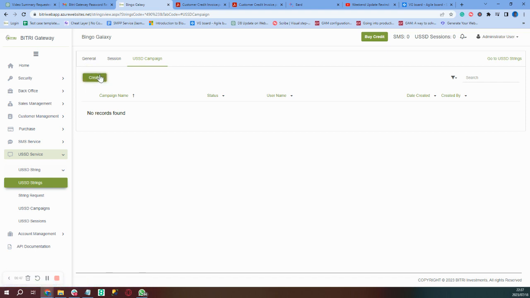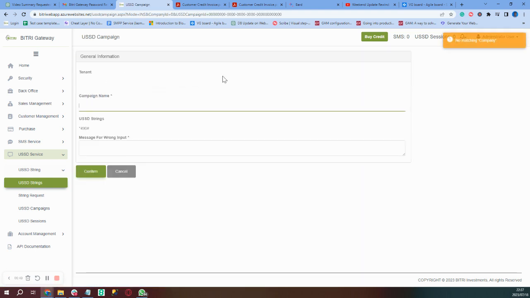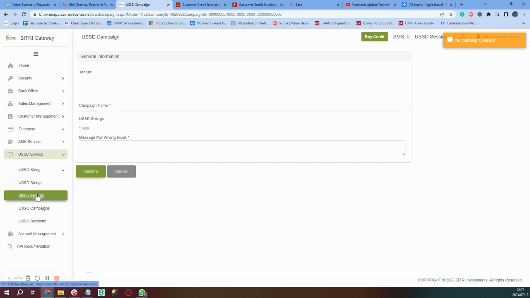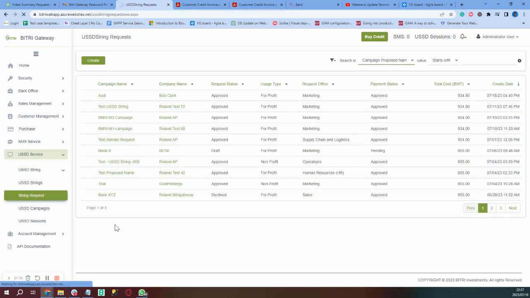And as I mentioned, when you come here, it will say no matching company because you need to be a company to be able to create these things. And you can go and check the string request the same way you are able to check the masking request. You're able to navigate through the string request, and here you can tell, okay, for this one, for instance, mask